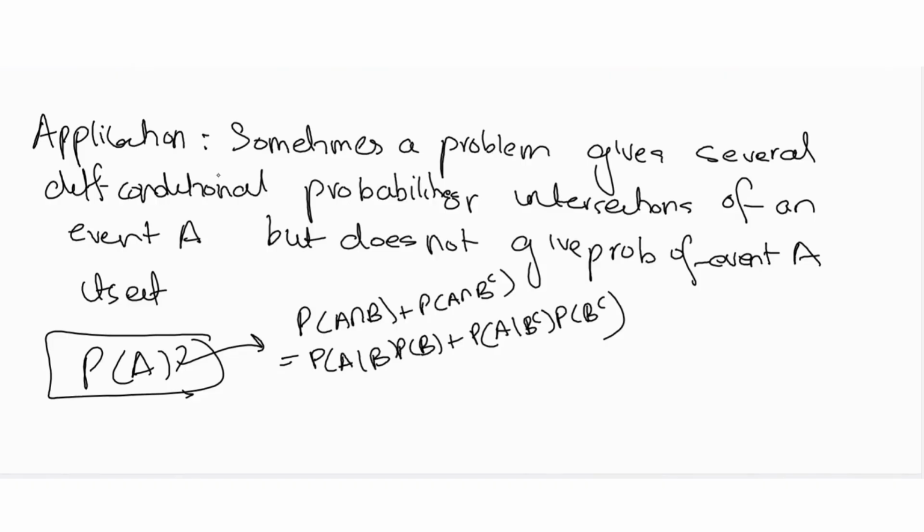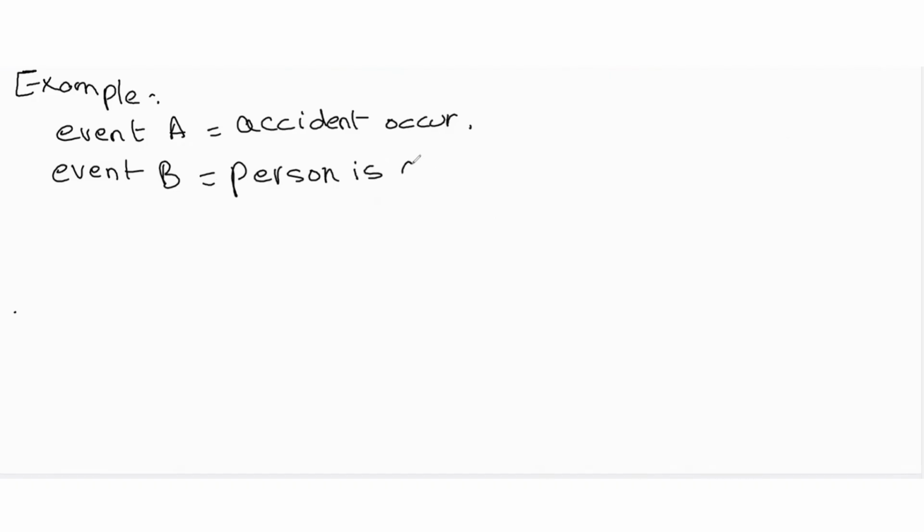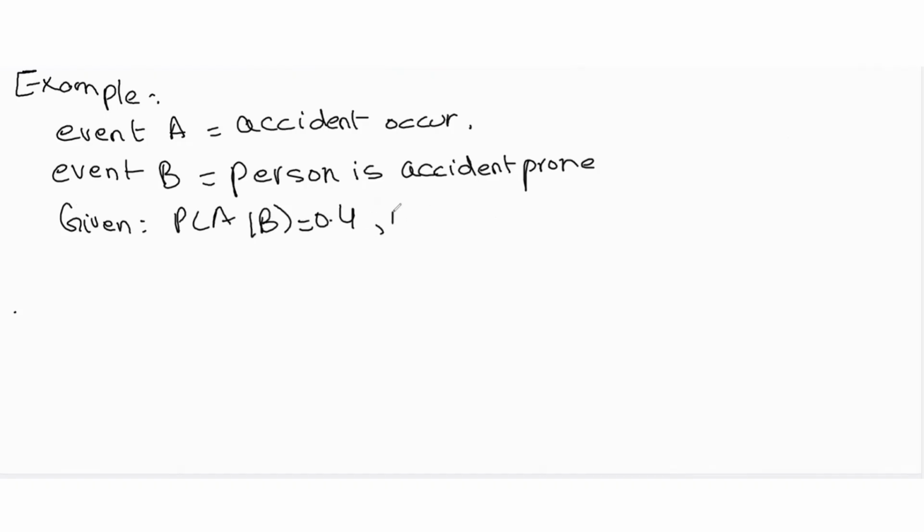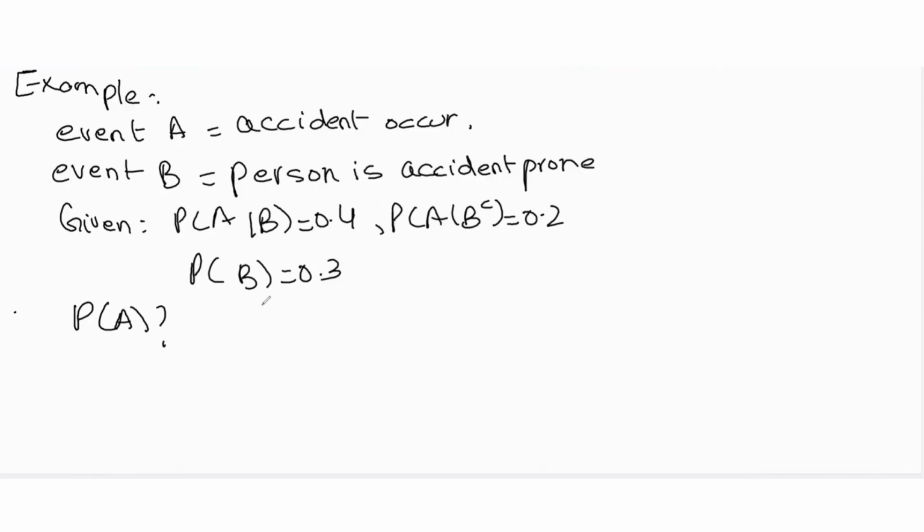Let's look at a quick example. Event A is an accident occurs. Event B is the person is accident prone. Say we're given probability of A given B is 0.4, probability of A given B complement is 0.2, and probability of B is 0.3. And we want to find the probability of A. We're not given the probability of A, but we're given several conditional probabilities involving A, like probability of A given B and probability of A given B complement. So using the total law of probability,